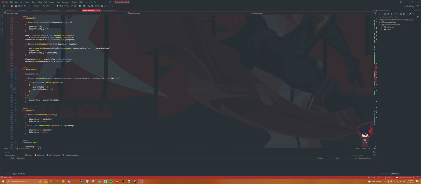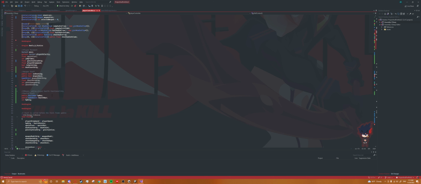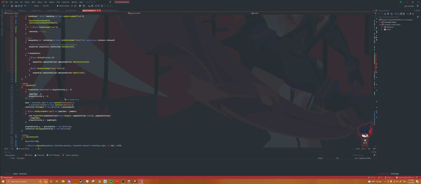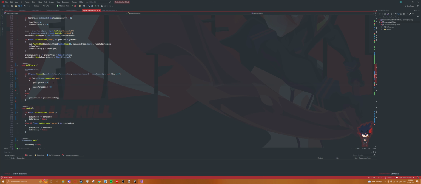So the thing is that I need to be able to call it once. Okay, so here's how we're going to do this. We're going to come back up to player movement. We're going to create another bool called on wall. The reason we're going to do that is because down here in wall contact, if on wall is equal to false,